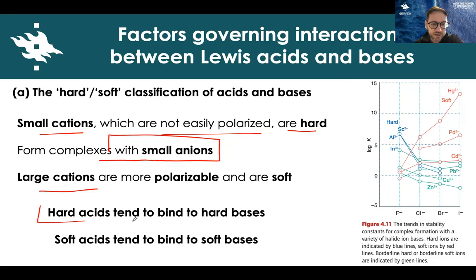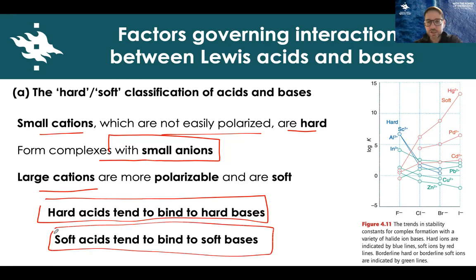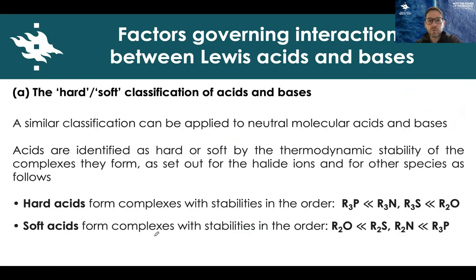So hard acids tend to bind to hard bases in which the interaction is predominantly more ionic in character, and soft acids tend to bind predominantly to soft bases in which the character is predominantly covalent. So a similar classification can be applied to molecular acids and bases, and acids are identified as hard or soft by the thermodynamic stability of the complex that they form, as set out for the ions, and for other